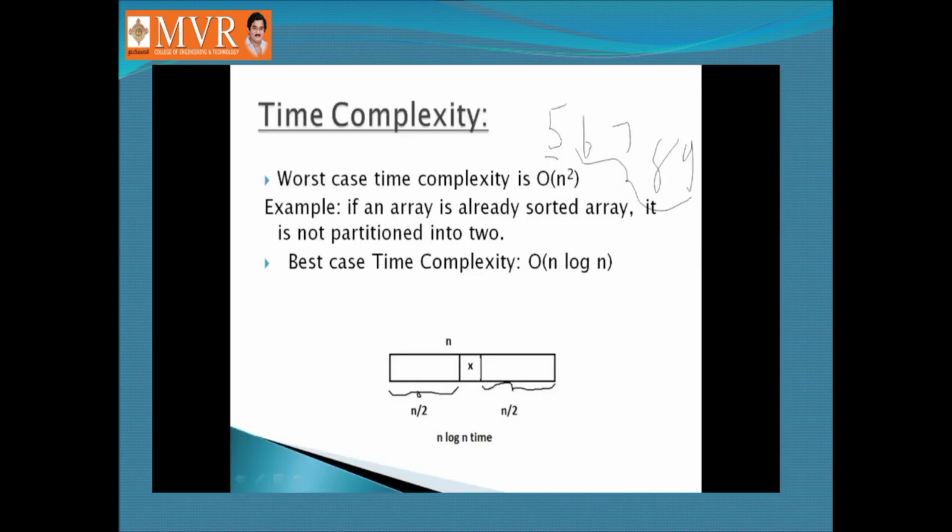See, here I have given the time complexity. As I have mentioned earlier, the worst case time complexity is O of n square, best is O of n log n, and average is also O of n log n. This mainly depends upon the arrangement of elements in an array. If the array of elements are already sorted or at most a little bit sorted, then its time complexity may differ. It depends upon the arrangement of elements in the unsorted array.